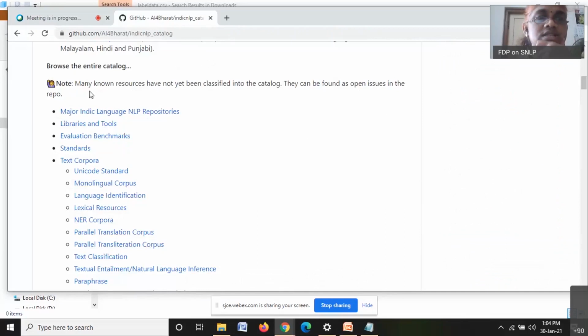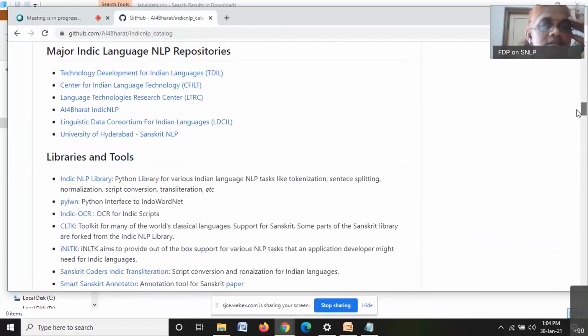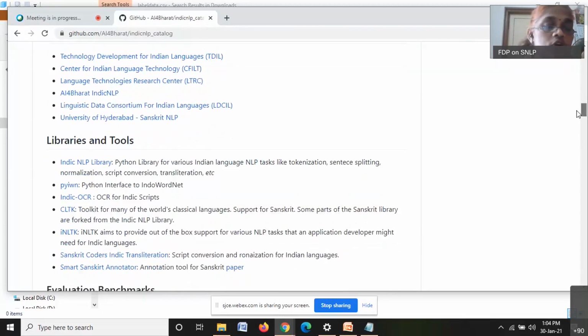You check this AI for Bharat, this one, GitHub. One more thing you can do is have your GitHub page. Whoever works can have their GitHub page, and whatever code you write, if it is not confidential, or if you want to make it available to the public, you can have your GitHub page and your data sets. It's like another repository. You need not carry it in your pen drive or hard disk. Everything you can put on your GitHub page, and other people can have a look into it. It can be made private also.